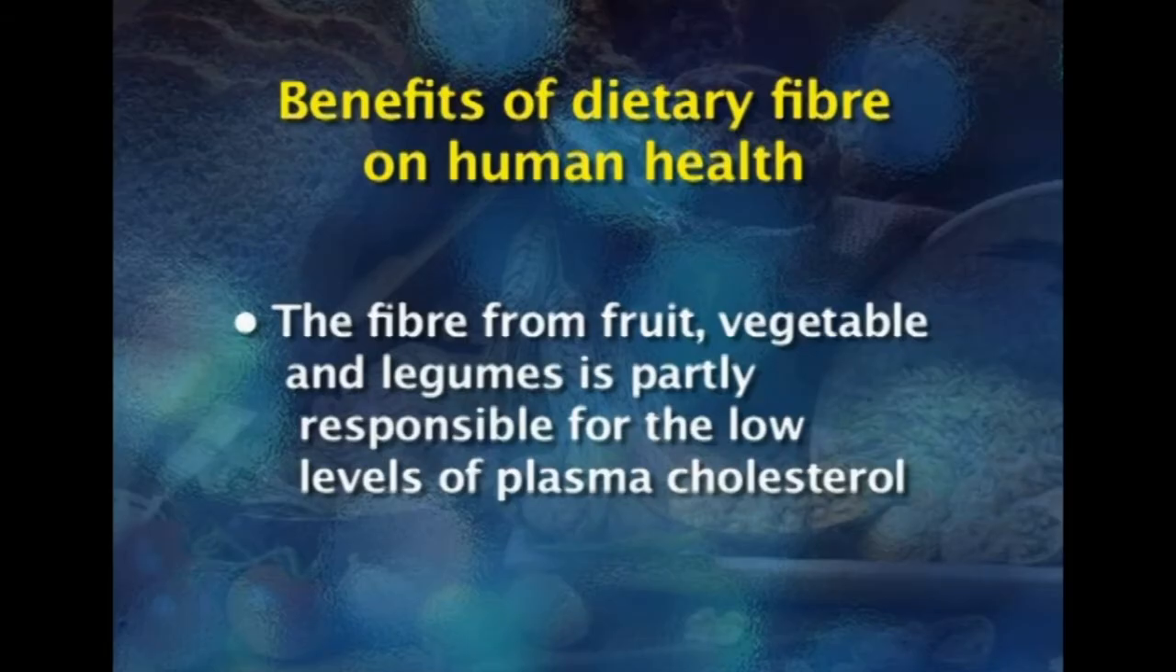Improvements in diabetic control, and reduction in insulin and sulfonylurea requirements also have been reported in both mild and moderate diabetics on high fiber diets containing a normal or high proportion of carbohydrate. It was suggested that large amount of fiber from fruits, vegetables and legumes is partly responsible for the low levels of plasma cholesterol. Scientists in various retrospective studies observed an inverse relationship between cereal fiber intake and death from coronary